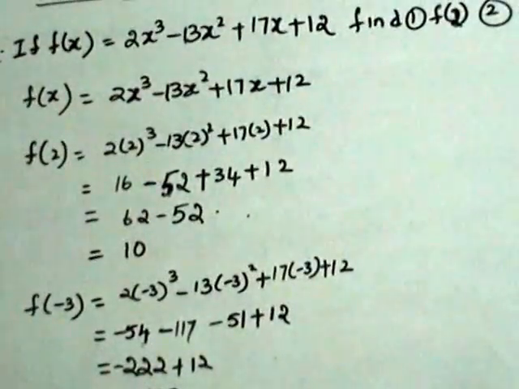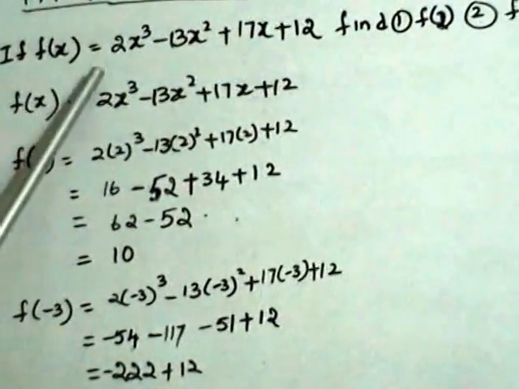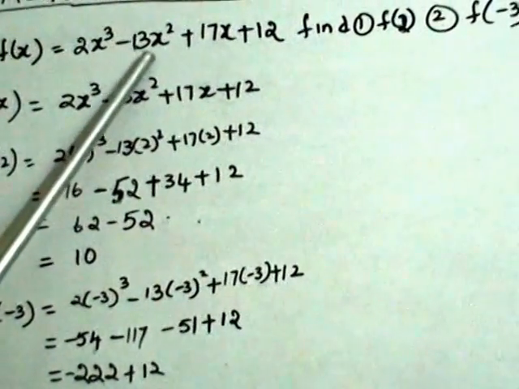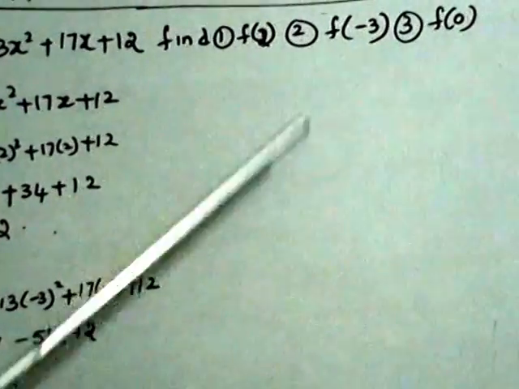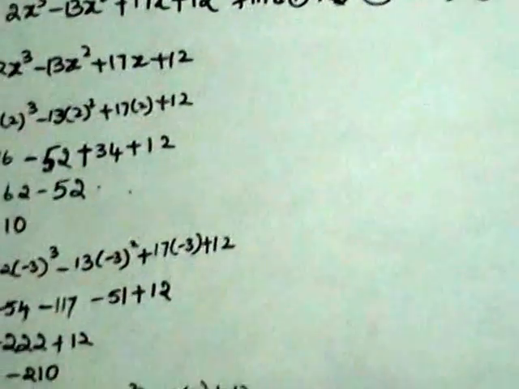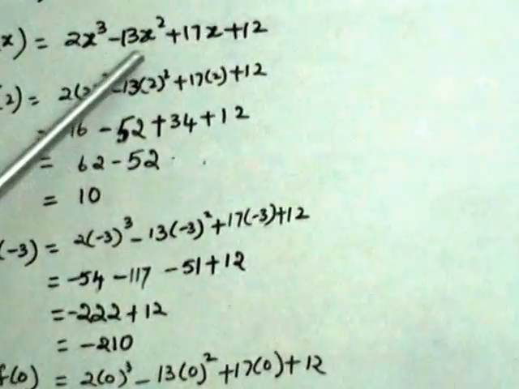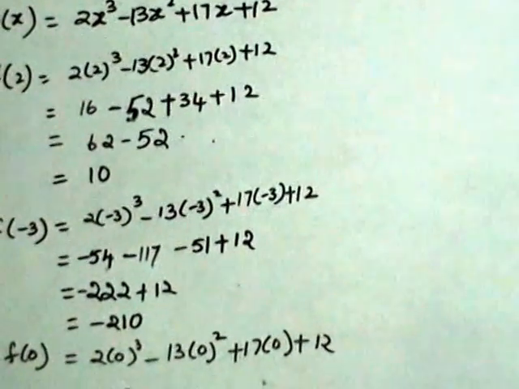Let us solve some examples. If f(x) = 2x³ - 13x² + 17x + 12, find f(2), f(-3) and f(0). Given f(x) = 2x³ - 13x² + 17x + 12, f(2) is,